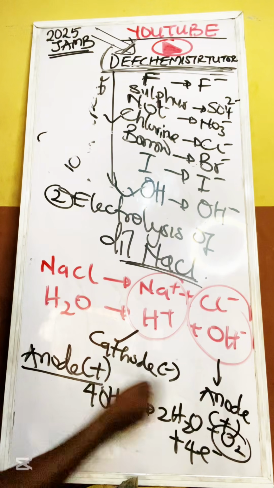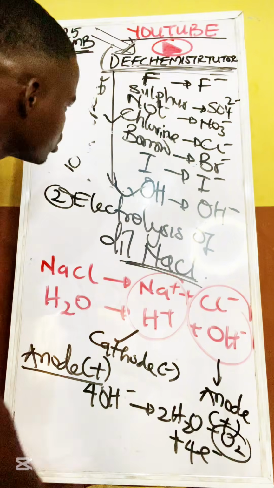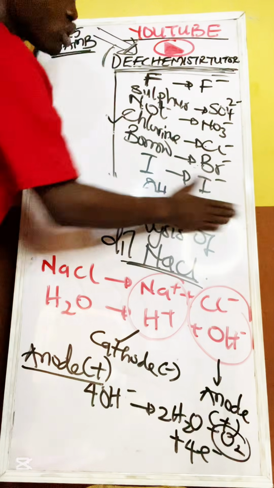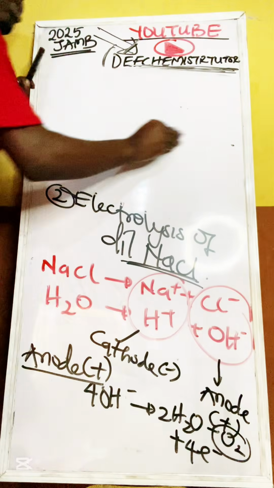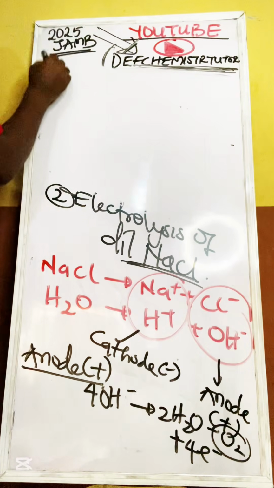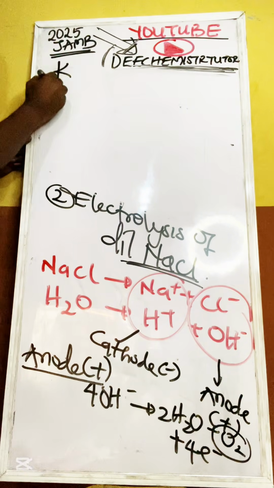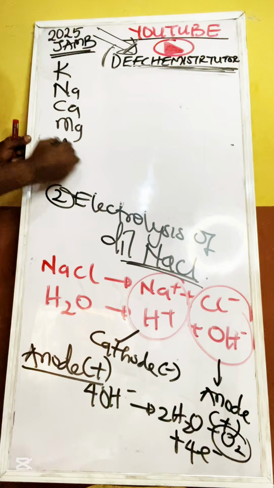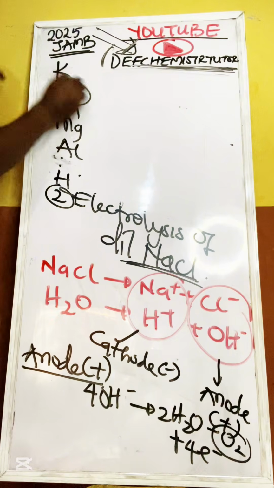Now this one, what will be liberated at the cathode? Look at what will happen. You know, I told you something the other time. I need this table. You must never forget. I need this table. So I told you that popular scientist can make a zoo. Abi, don't forget. Let me just go up to hydrogen, because these are the 2 things I need: sodium and